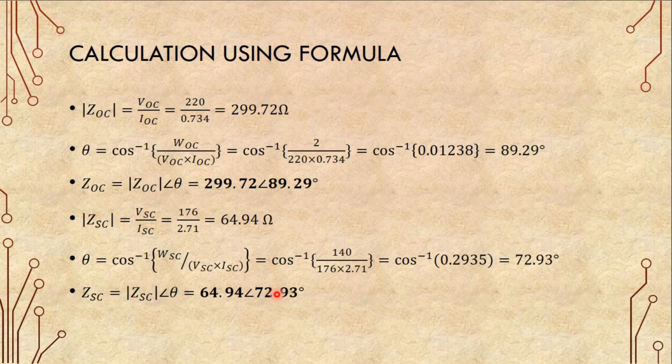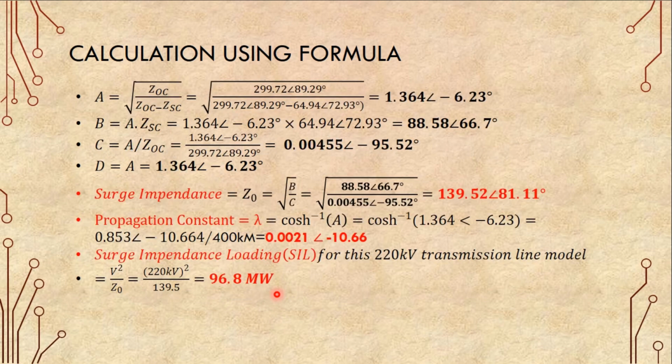So if we go to calculate the ABCD, then A will be ZOC by ZOC minus ZSC, and after calculating we got 1.364 angle minus 6.23. Similarly B we got this amount, and C we got this amount, and D is equal to A. So if we calculate the surge impedance using this ABCD, we got 139.52 ohm as the surge